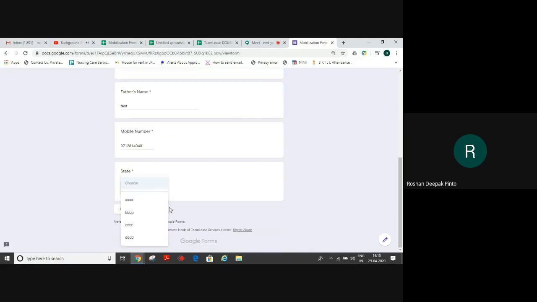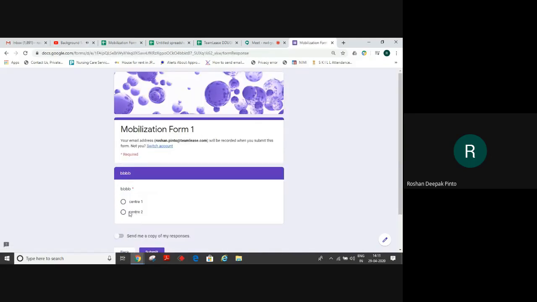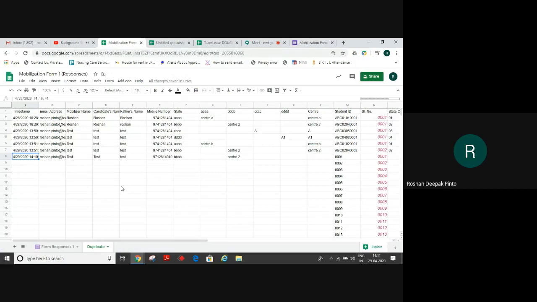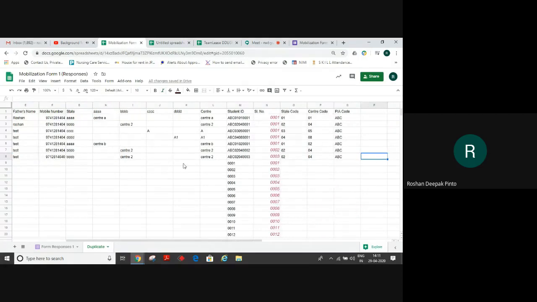You select any state of your choice, select next, select a center in it, and then submit. Now we go back. See, the new data has come in and has picked up a new ID on its own. So this is how you automate your ID generation.